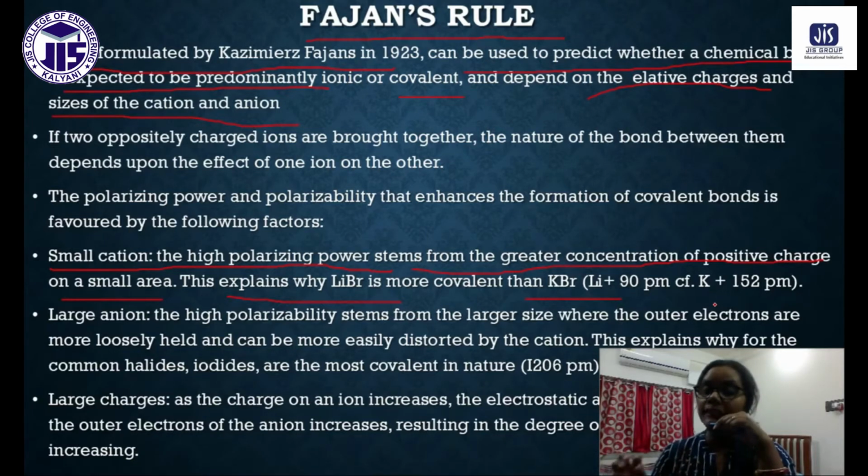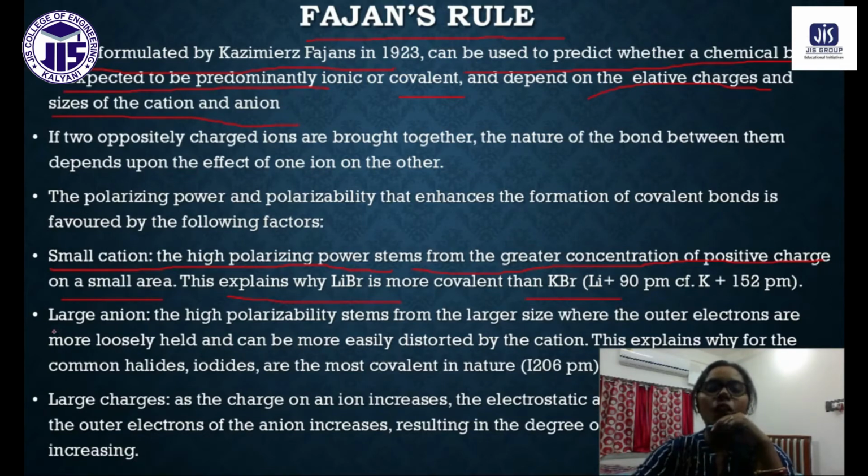Small cation means the charge is concentrated. That means the nuclear charge is high. That means the attraction force can attract the electrons more strongly. That means the polarizing power is very high. That is why it can attract the electrons towards itself more powerfully, and that is why the covalent character will